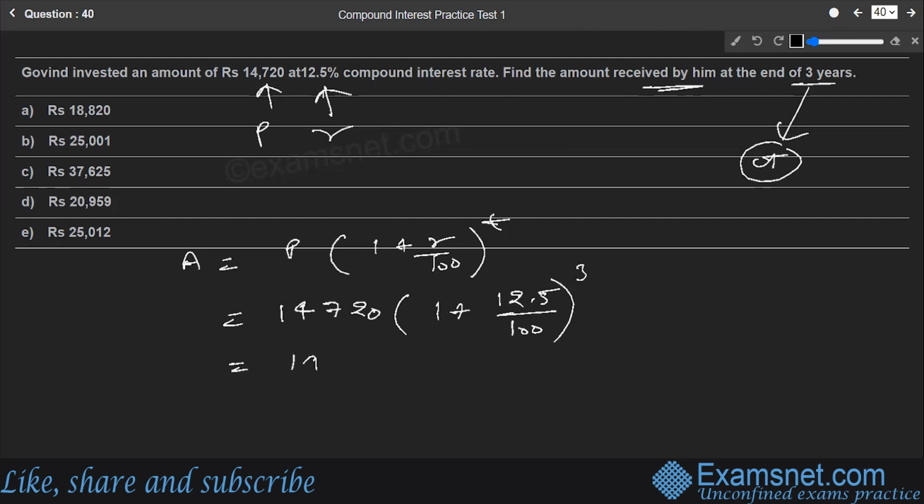Let us do it. It is going to be 14,720, and 12.5 over 100 cuts down to 1 by 8. The LCM is 8, so it is going to be 8 plus 1, that is 9 by 8. So we are getting 9 by 8 in the bracket, and the power is still 3. If we solve this further, this comes out to be 14,720 multiplied by 9 cubed, that is 729, divided by 8 cubed, that is